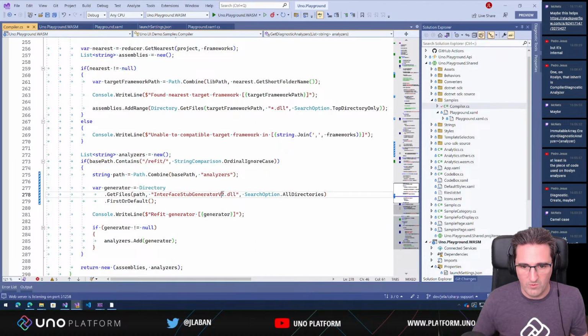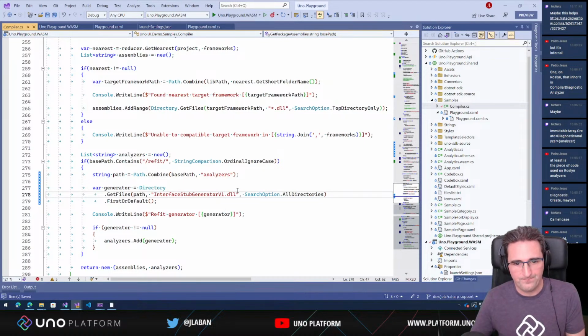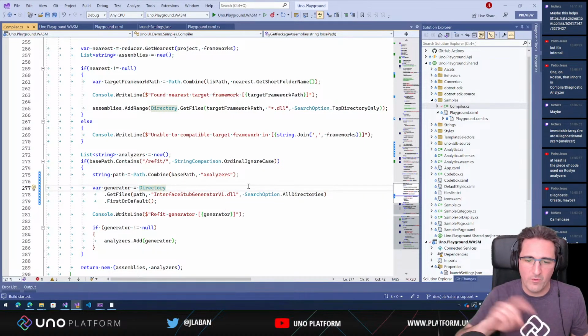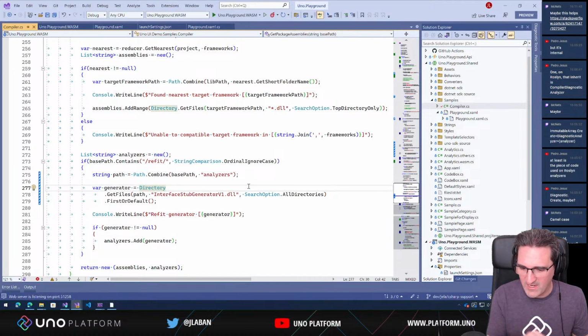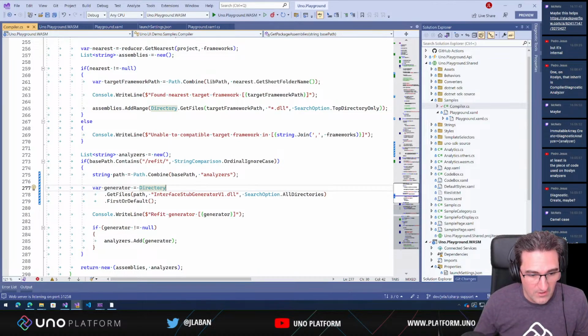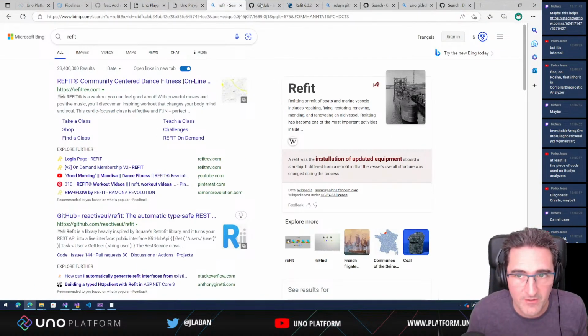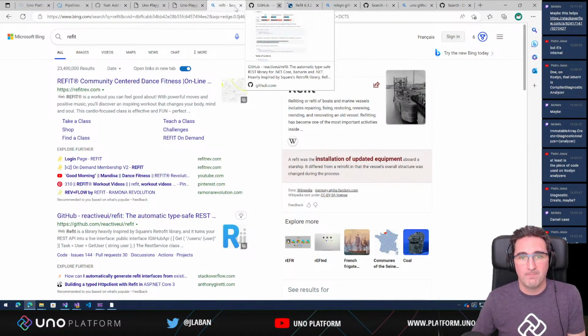So we search for V1. Maybe V1 is going to be better. So V1 and V2, if I remember correctly, there's one that uses incremental generators and the other does not. It's because it was something that was added in Roslyn 4, and it's incompatible with the previous versions, of course. So they use a build trick to get that running,